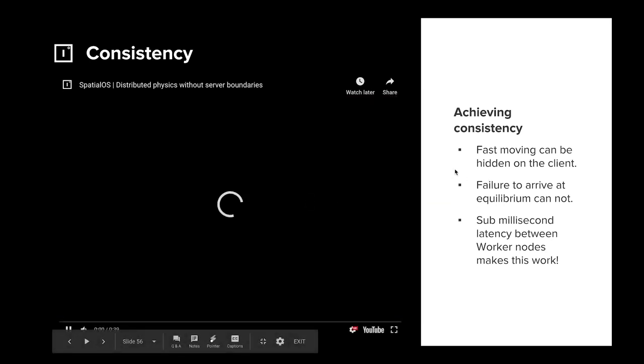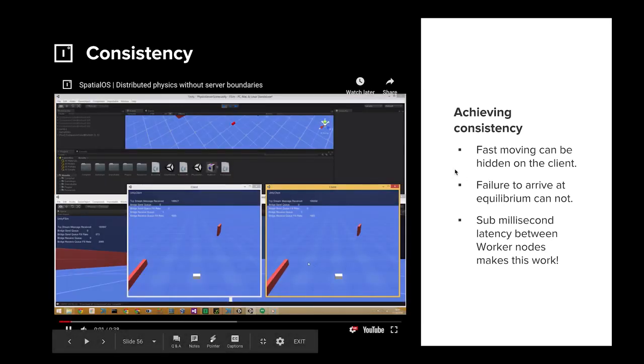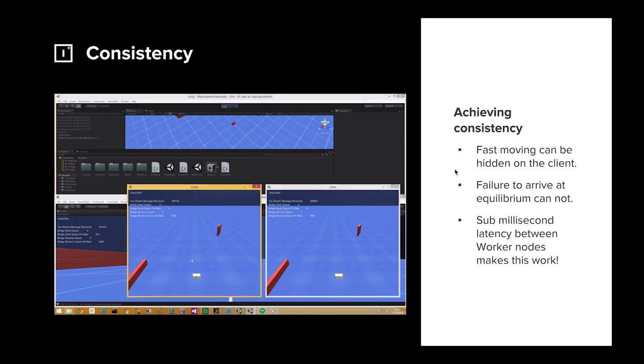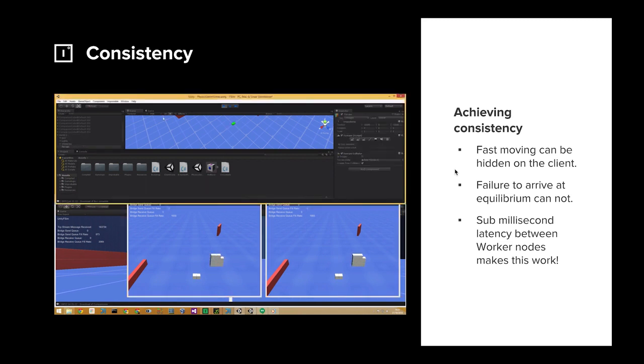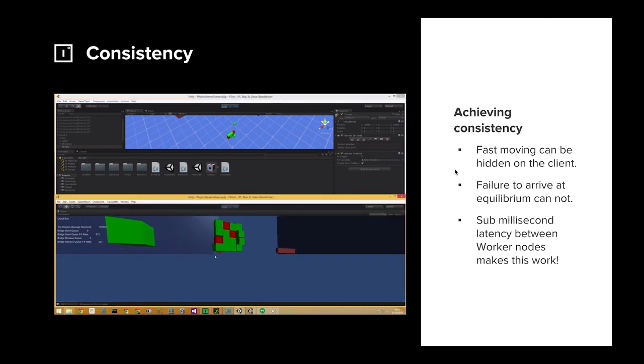So in this video, we wrote a really bad load balancer, an incredibly inefficient load balancer that basically swaps entity authority left, right, and center almost at random. And then we started spawning a stack of 100 boxes, just 10 by 10, and then queued the load balancer to just absolutely trash itself.